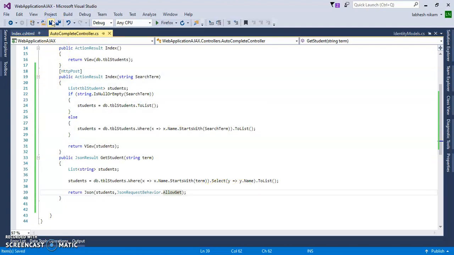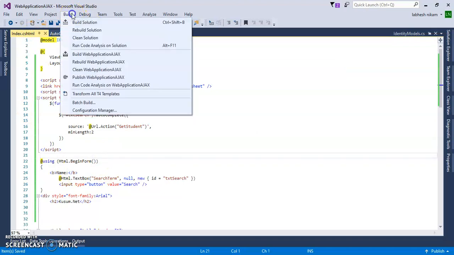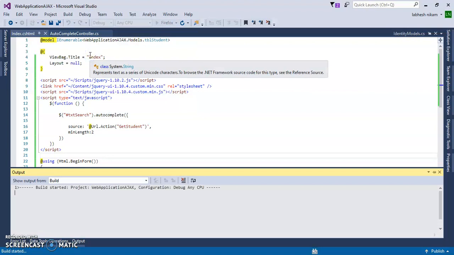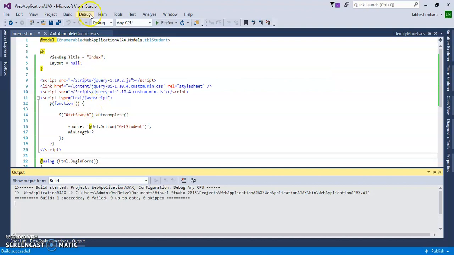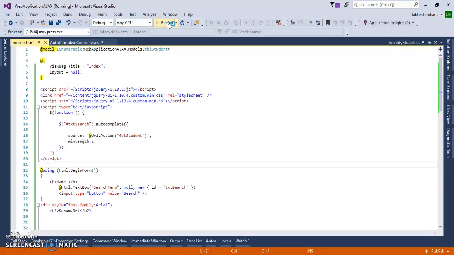So let's start. Build it. Let's check it. It's okay, succeeded. Firefox.